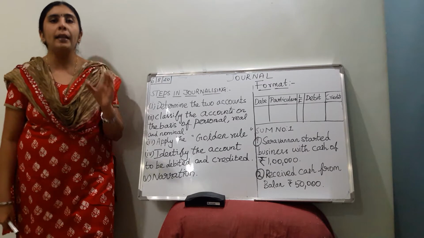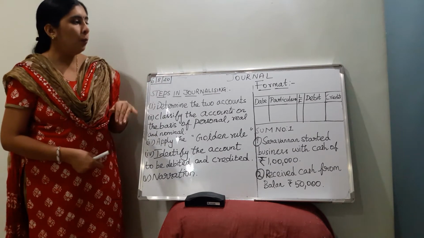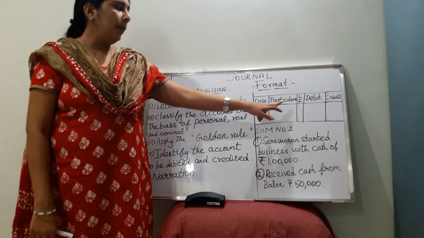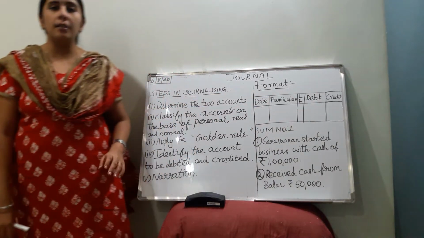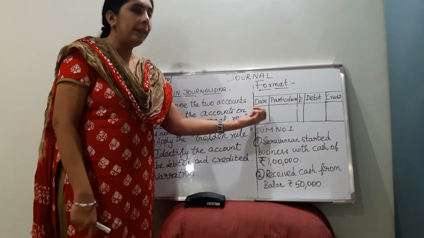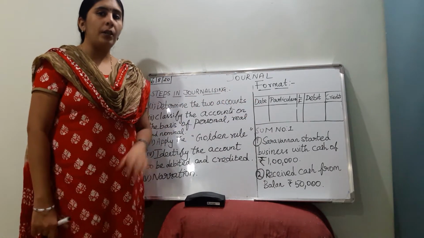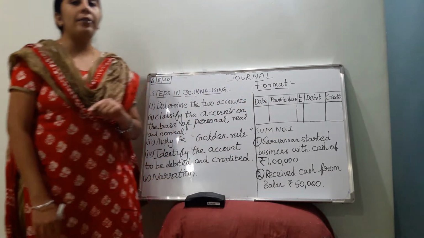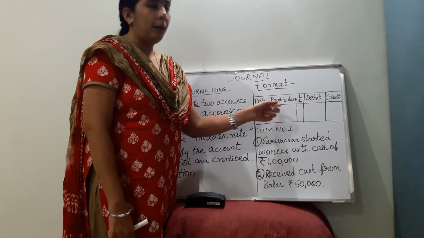You can take an accounts notebook, which will have two sides. First you can use the left side, in which I'll let you know the format. The format will be date, particulars, LF, which is the ledger folio number, debit and credit. In the date column, you write whatever date is mentioned in the question. If no date is mentioned, you can just leave it. In the particulars column, you will write the transaction. As I told you, every transaction will have a debit as well as a credit entry.